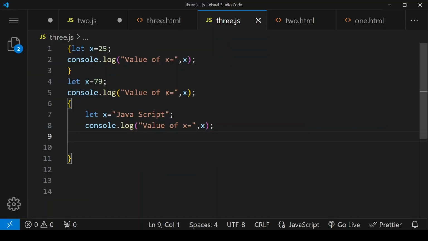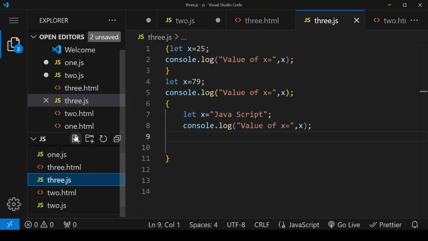Till now we were using console.log to write anything on console. It was not writing anything on our HTML document. Next, we are going to see the document.write method, which is used to write text, HTML elements, and even JavaScript code directly into the HTML document. So here we are creating a file